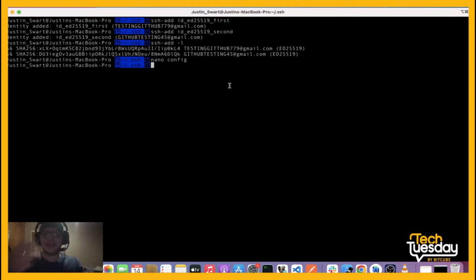How you can test your connections is easy enough. You can just go ssh -T and then specify those that you want to connect to. So in our case, we're going to be using the SSH format, which is git@github.com, and we want to specify our first account. So this is that host name that we added in the config. So we'll go testing GitHub